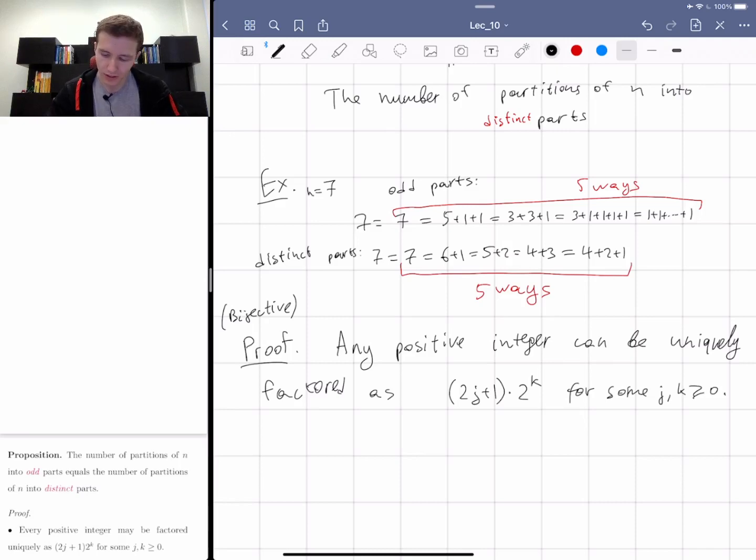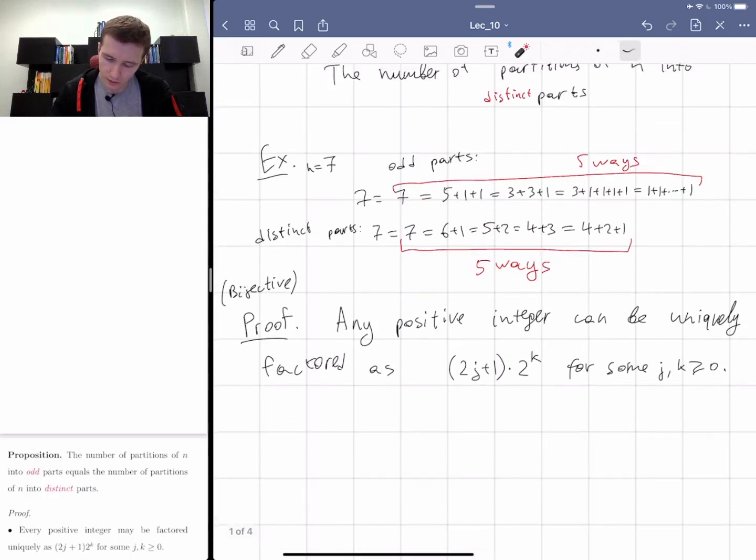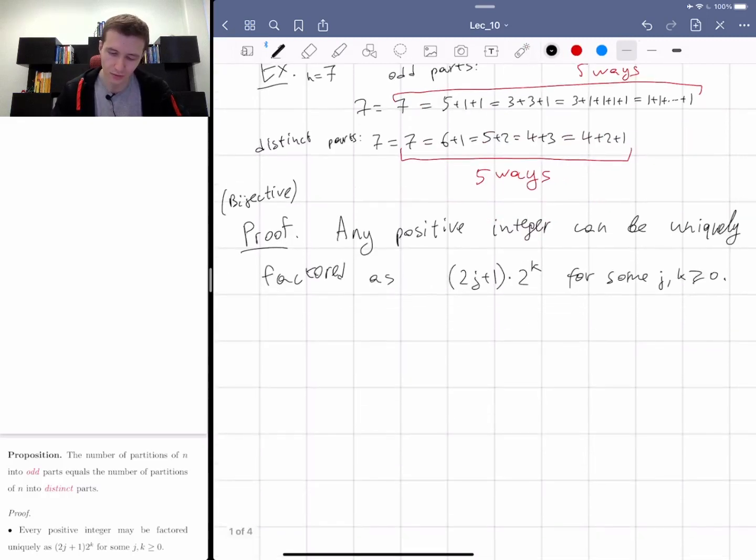That's a very simple observation. And the way we're going to use it is we're going to start with a partition into odd parts, maybe something like 3 plus 1 plus whatever, and then I'm going to convert it using this observation